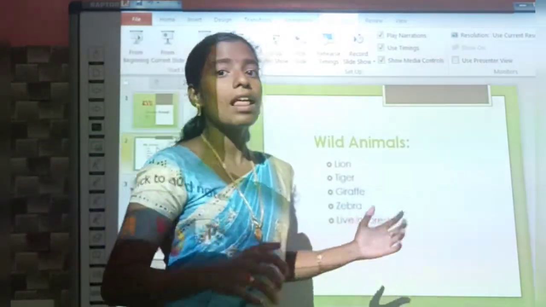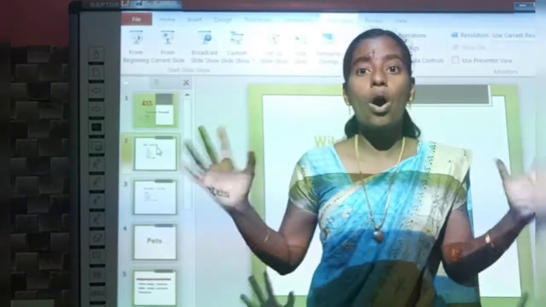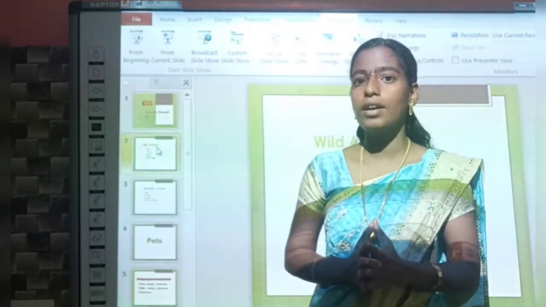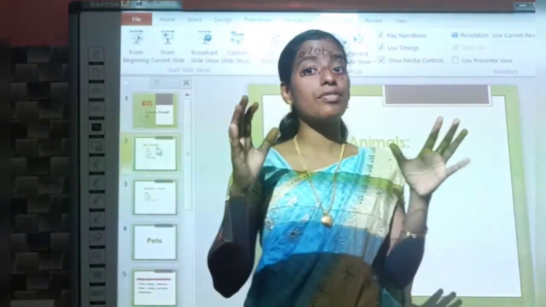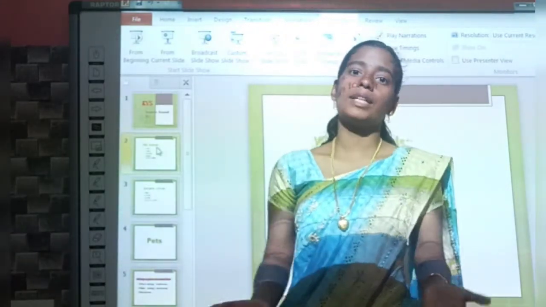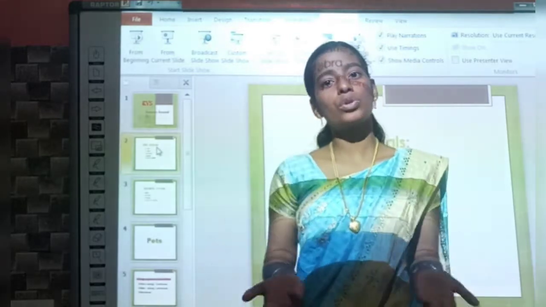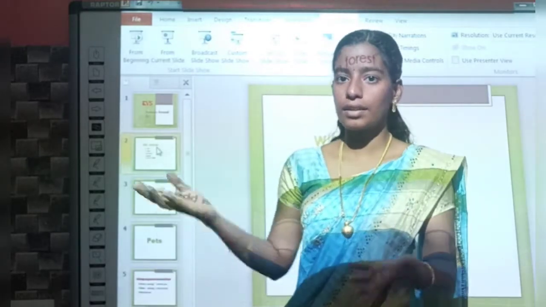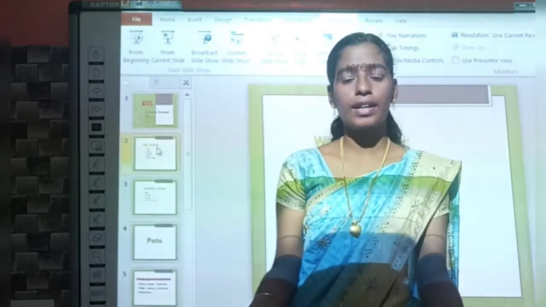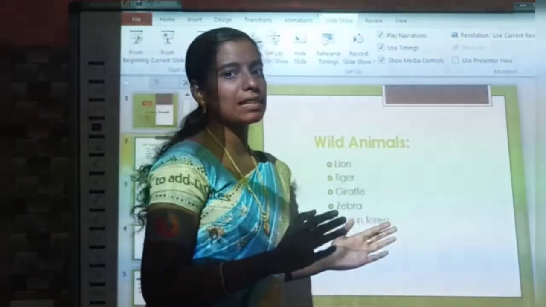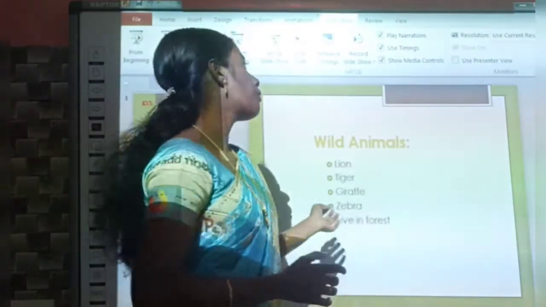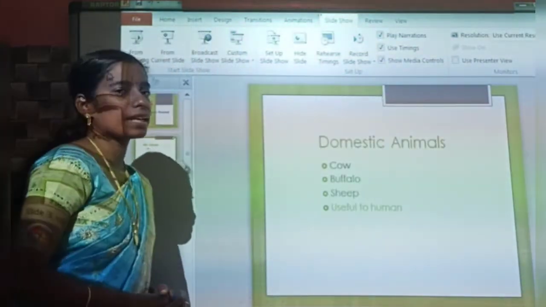These animals live in the forest and they are called wild animals. When an animal lives in the forest, it is called wild animal because we have no use with that. They are not in our home. They are not useful for us to give some milk or meat. So when the animals live in the forest, they are called wild animals. Then the second type is